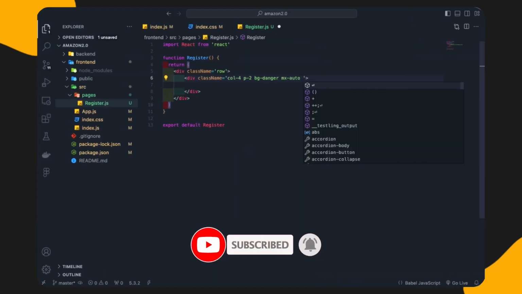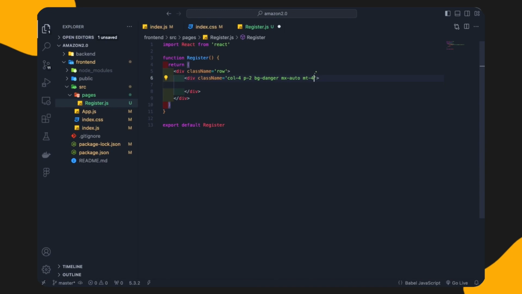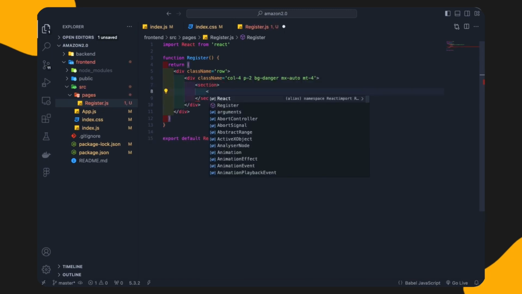Now I need to give margin top. So I will give mt5 or something like this. So mt5 is more like mt4, I can give. So mt4, and then inside this div only I will create one section,